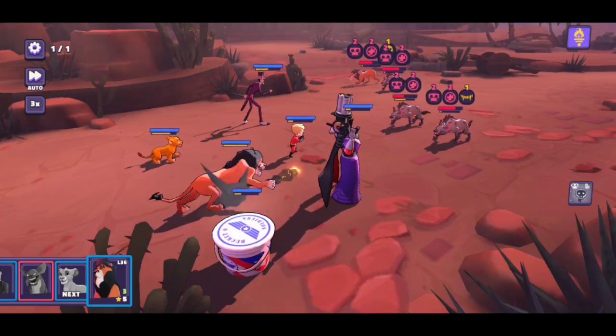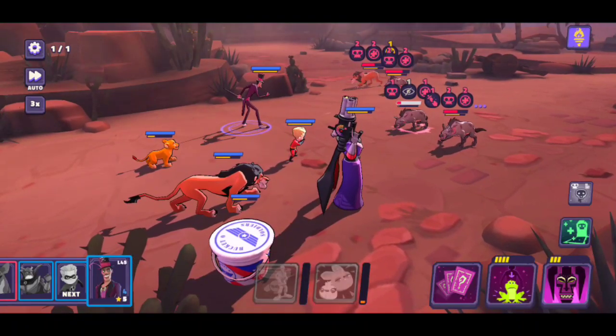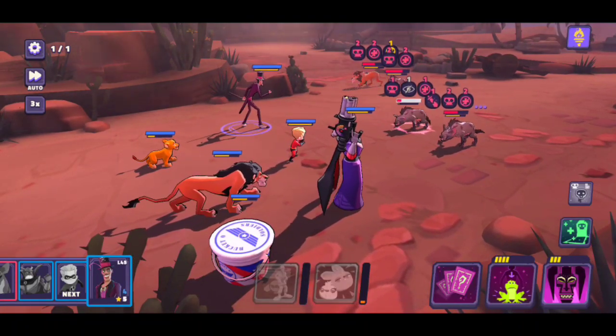Who's going to go next? You're going to go next, so let's blind you. Let's start attacking you. Nice evade. Scar looks... Okay, we can't do anything here. We can actually...